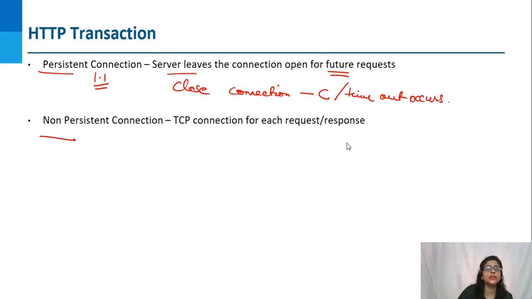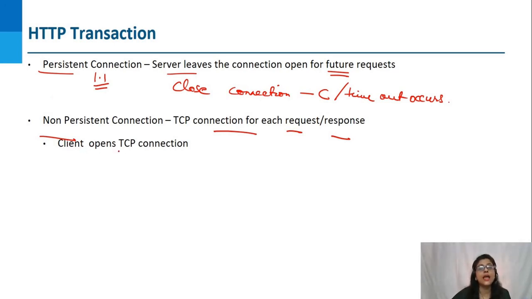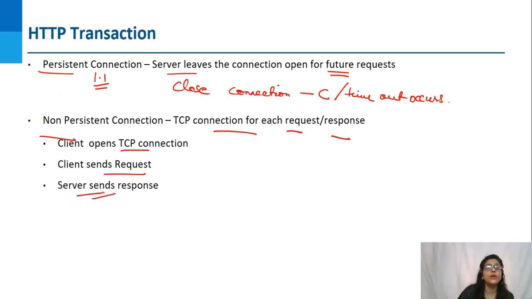For non-persistent connection, there is a TCP connection for each request and response, unlike persistent connection. So what happens? What are the different steps? The client initially has to open a TCP connection for a non-persistent connection. Then after opening the connection, it should send a request message to the server for a particular web document. Then upon receipt of the request from the client, the server should send the response